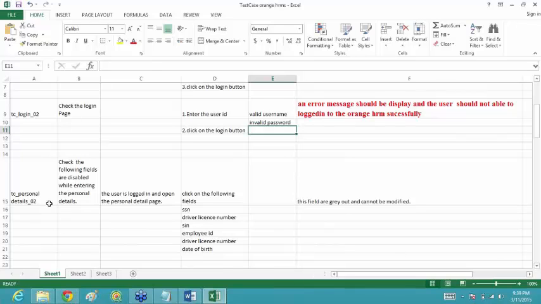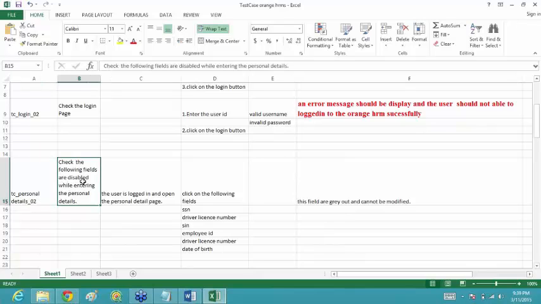Then you are going on to the personal details form to check that the following fields are disabled while entering the personal details. So the user has logged in and the personal detail page is opened.